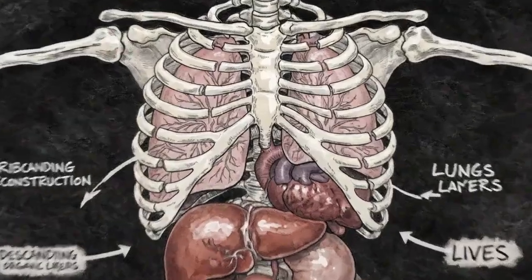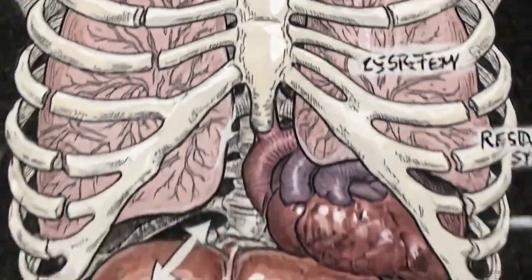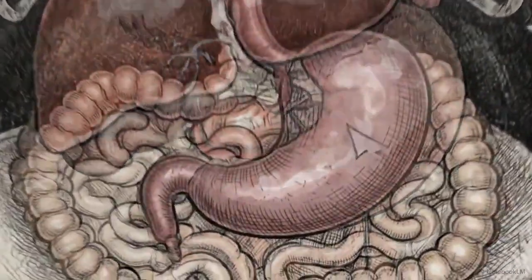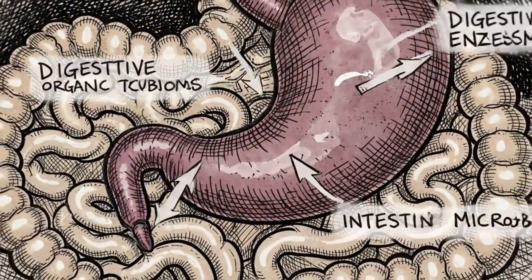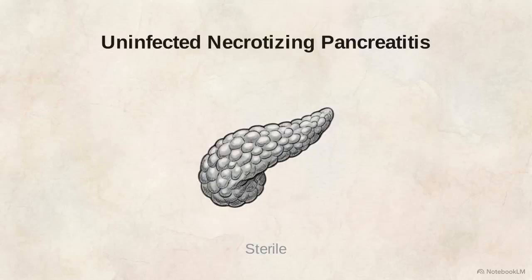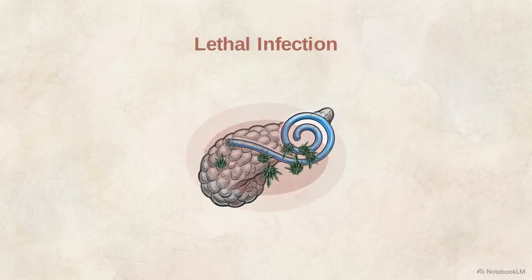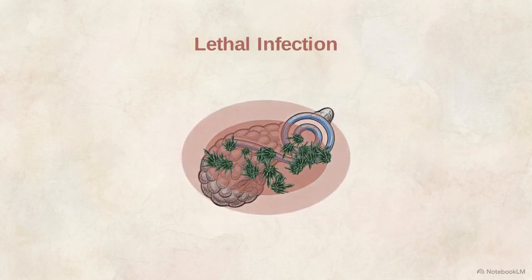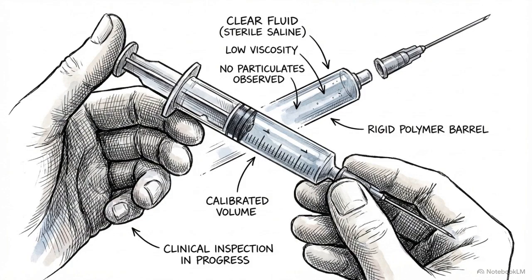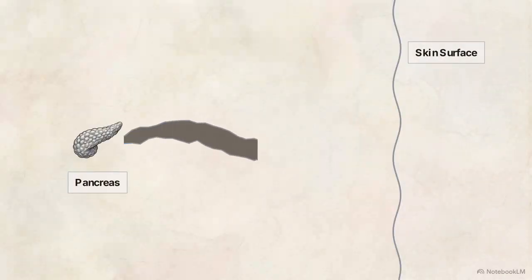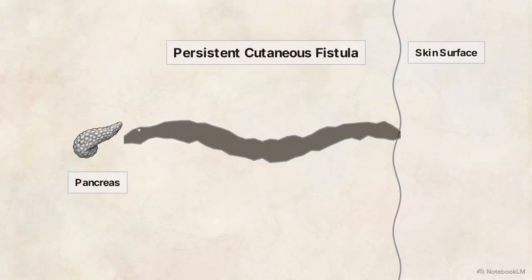Beyond general fluid dynamics, specific organs introduce instantaneous hazards that require immediate deviations from the standard algorithm. In the pancreas, uninfected necrotizing pancreatitis must never be drained. Placing a tube into sterile dead tissue mechanically introduces external bacteria, guaranteeing a lethal infection. If fluid pulled from the pancreatic region is clear instead of brown, it is raw pancreatic fluid. Prolonged drainage of this clear fluid creates a persistent cutaneous fistula, an abnormal pathway leaking digestive enzymes out of the